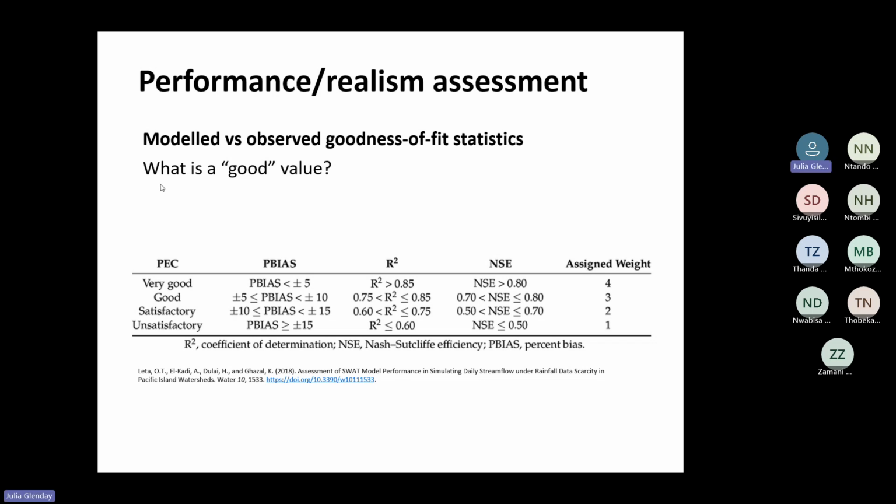So there is some guidance in the literature about what values are considered good for these statistics in different cases. This paper was looking at SWAT performance under rainfall data scarcity, for example, and then there are others that have suggested other values. I've been trying to use some targets like these from literature, but they are a little bit abstract in that they suggest what you consider satisfactory. But in terms of a meaning on the ground,